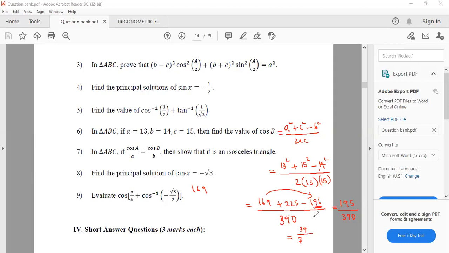196. बराबर है कि नहीं? सर मैंने कैलकुलेटर से किया फिर भी 198 आ रहा है. सर 200 आ रहा है. 14 square तो 196 है ना शोगुन? हाँ सर. Yes, sir. हाँ तो 196. अच्छा वो 169 है. ओह सर 198 है. हाँ ये 198. ये 3 का डिफरेंस. So 198 out of 390. तो इसको सिंप्लीफाई करो. 99 अपॉन 3 से कैलकुलेट. 6 3s are 18.